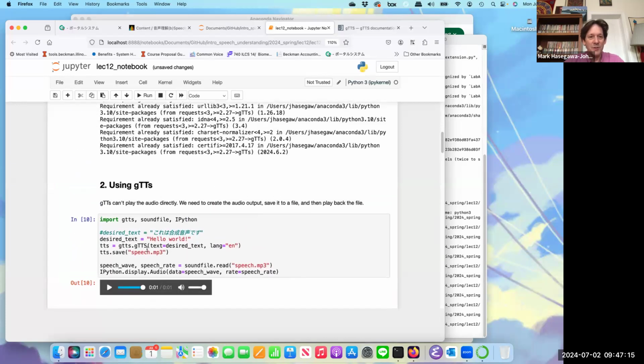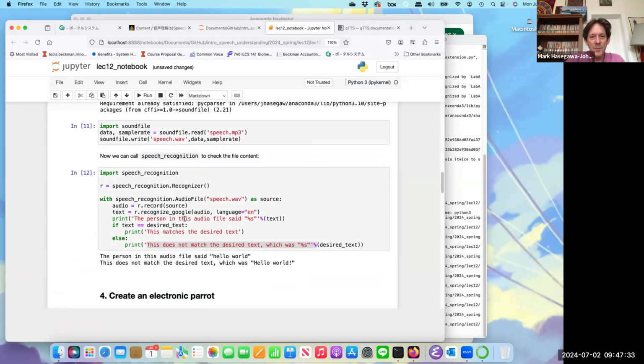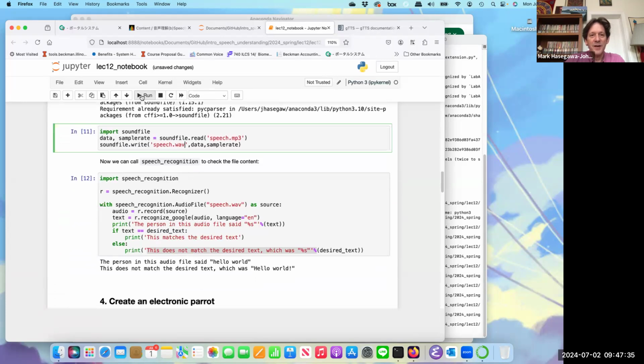We can also try with the Japanese. Now the save. これは合成音声です。 And now here I can try, I have to convert that file from .mp3 to .wave.